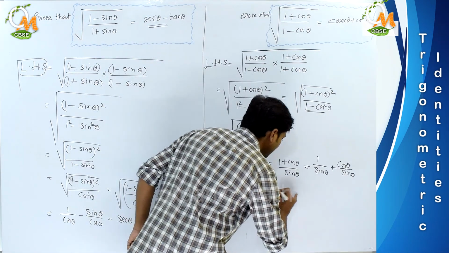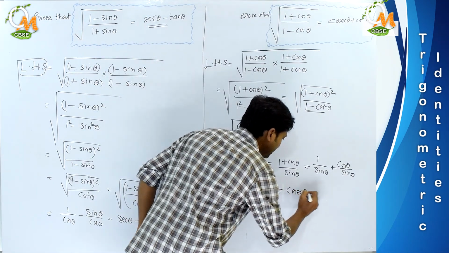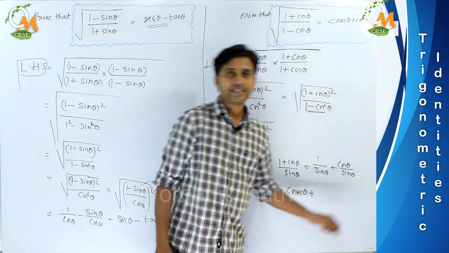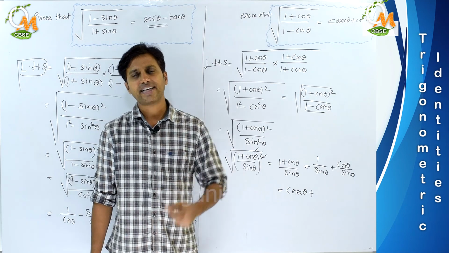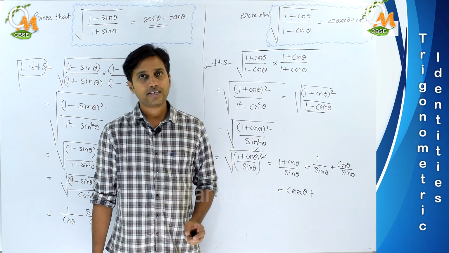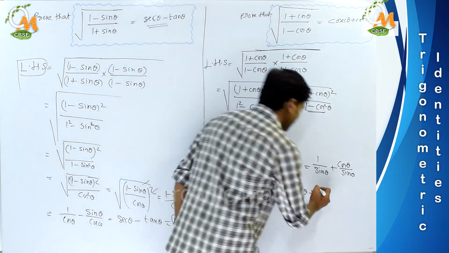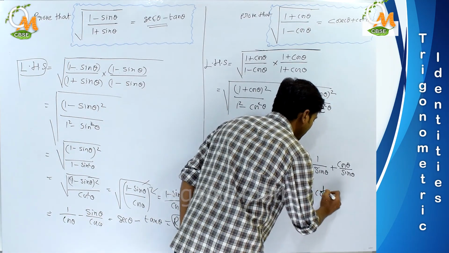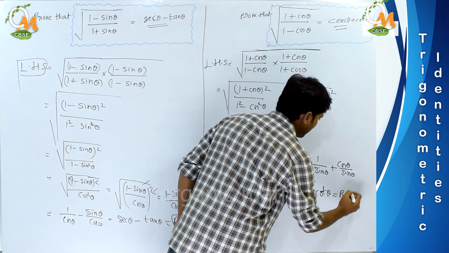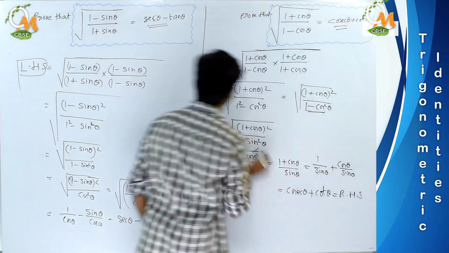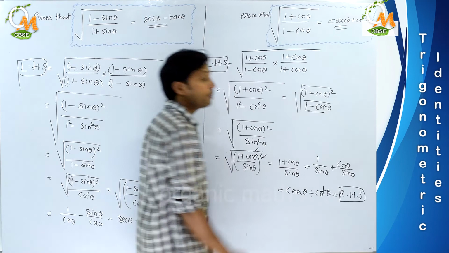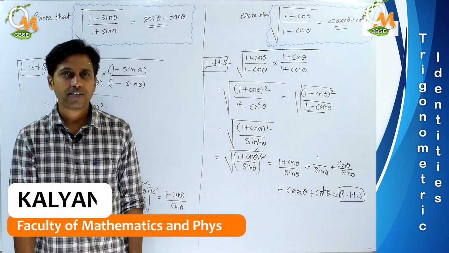So here, this is cosecant theta for this result. Now tell me, cos theta upon sin theta, what is the ratio between cos theta and sin theta? Is it cot theta or not? Yes, it is the cot ratio. So we can say this is cot theta. I think we obtained our required RHS. So we obtained our required result. We took the LHS part and we successfully obtained the RHS part. So the problem is finished. Like this we have to solve.